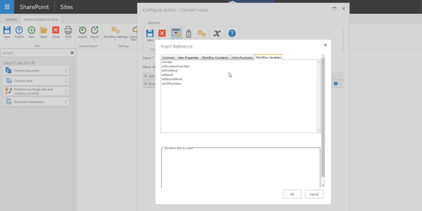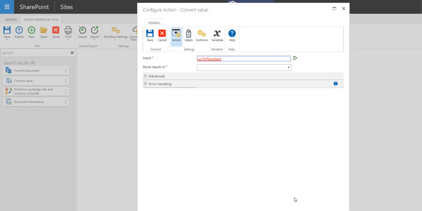So if I click on workflow variables, I'll choose var txt numbers, because that is our string type number of 1234, but then we need to store it into a number type variable. So I'll choose another variable that I've created called int numbers from text. That's an integer type variable called numbers from text, so I'll be able to select that and then